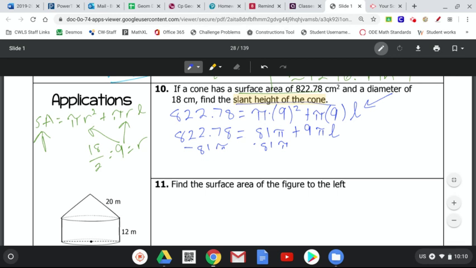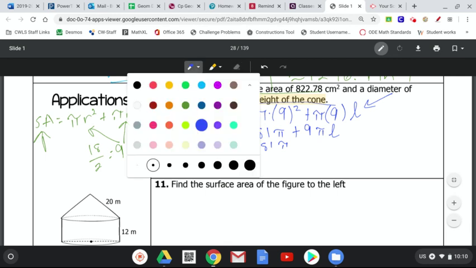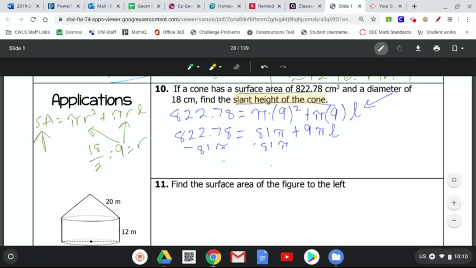And so that gives us 586. Oh, I'm sorry. Scratch that. Let's change colors here. 568.31